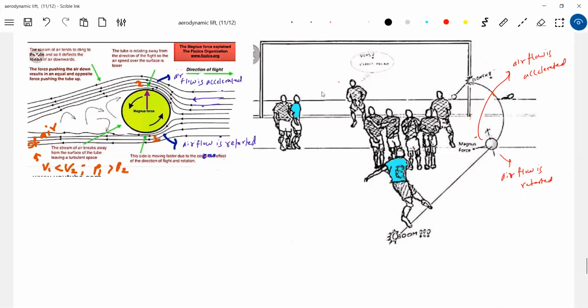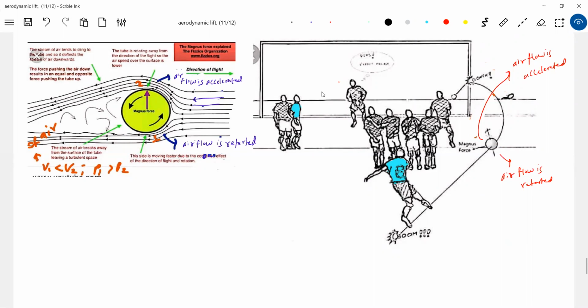Bumrah is now the modern, you can say, phenomenal fast bowler. He is very special. He is far better than Wasim Akram. Jasprit Bumrah, you look at his averages, no? He is one of the best bowlers in modern times. In this era, compared to Wasim Akram, he is far better. He is also very good in using the Magnus effect, Magnus force. How do they call it? Reverse swing.